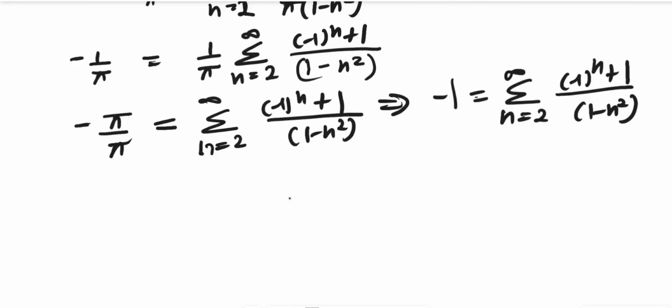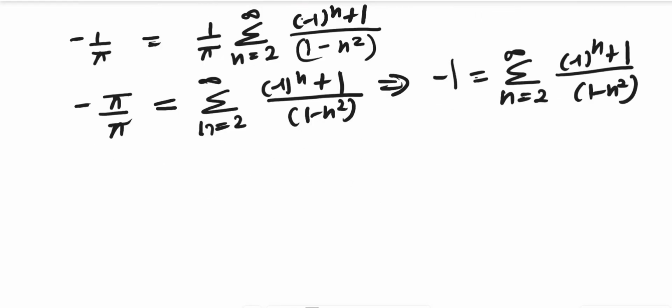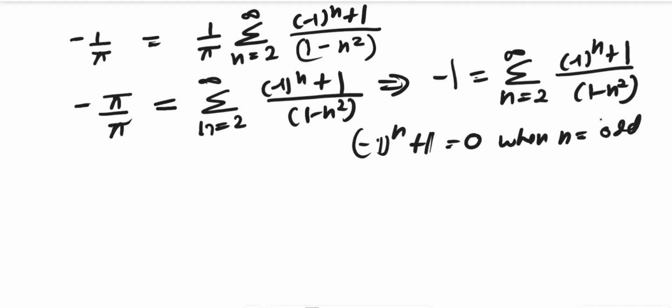Now इसको simplify करने के लिए observe that minus 1 raised to the power n plus 1 is equal to 0 when n is odd. When n is an odd term, this will be 0, since minus 1 raised to the power odd will be minus 1 plus 1, 0. So ये पूरा summation 0 हो जाएगा. So हमें ये सिर्फ even terms के लिए देखना है. So ये क्या होगा? minus 1